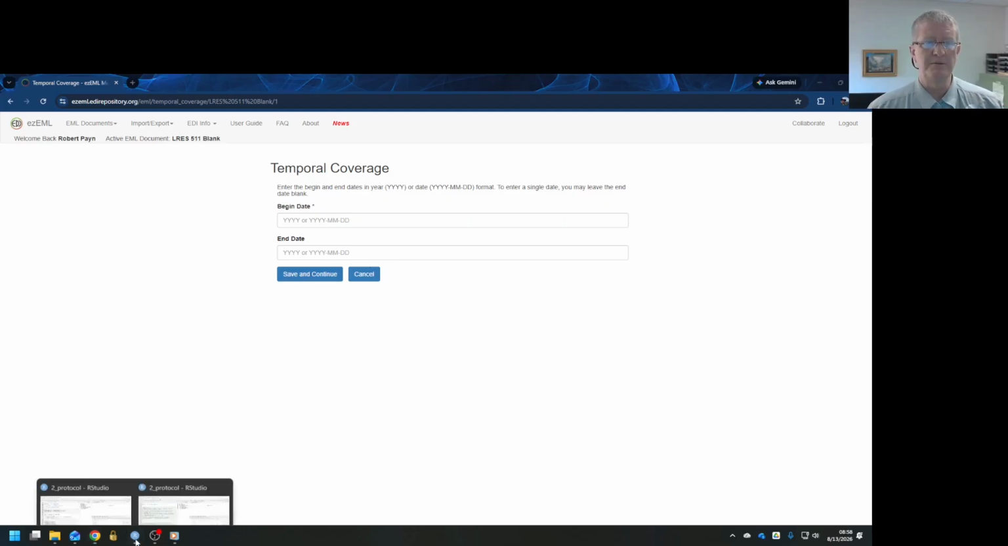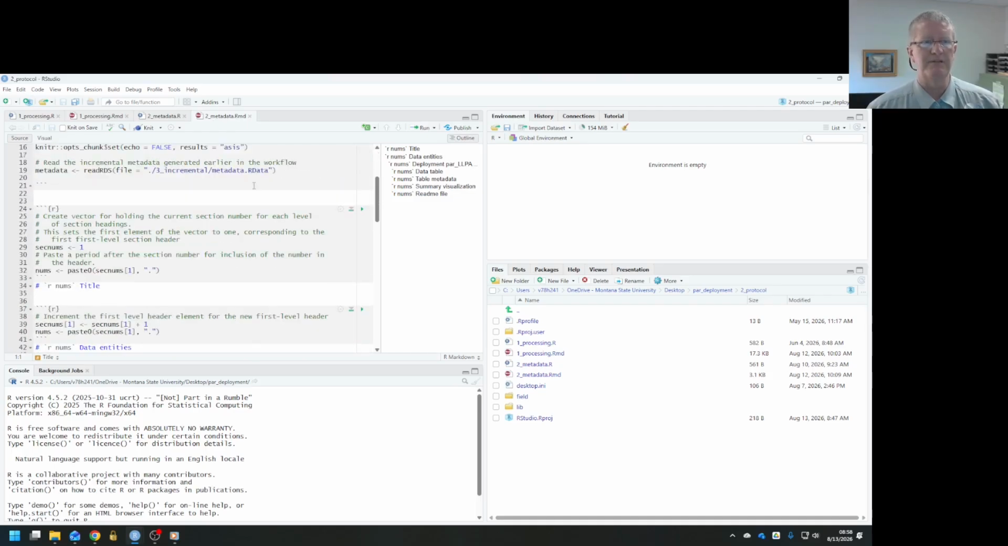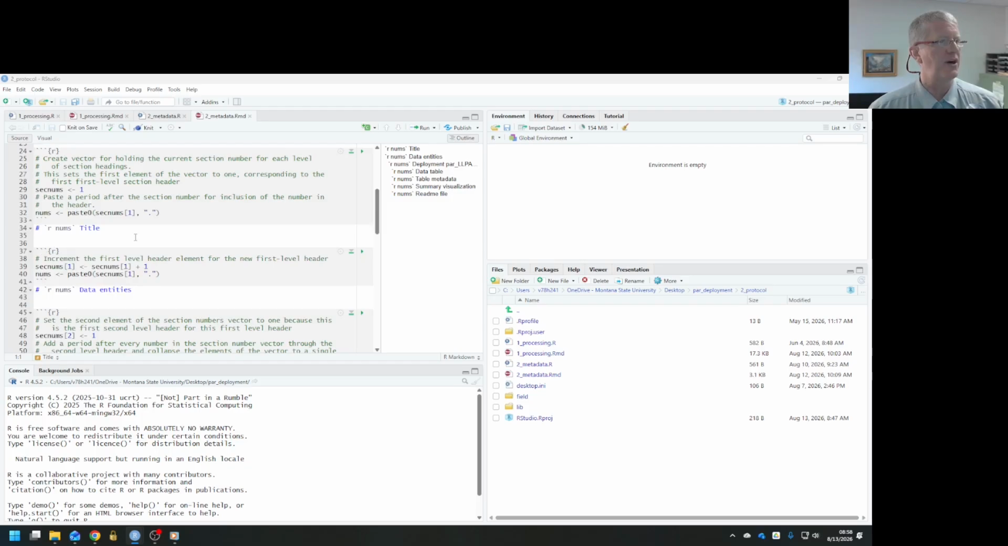So let's go to our R code and the R markdown, this metadata.rmd, this is what's generating our README file. And we're going to need a couple of new sections here. And I like to put these in an overall section that I just call the coverage. And I want to put this before data entities because this is kind of more general information than the data entities,